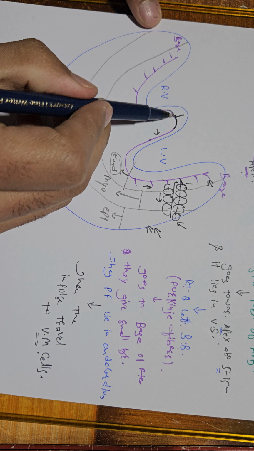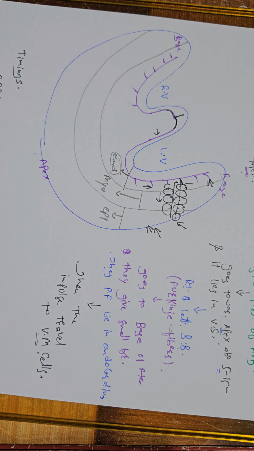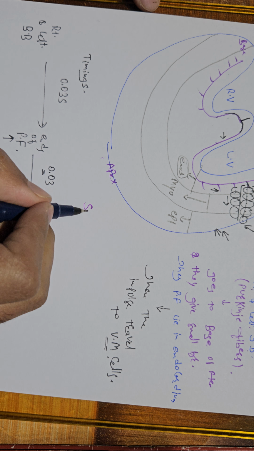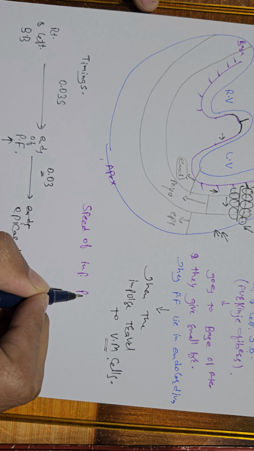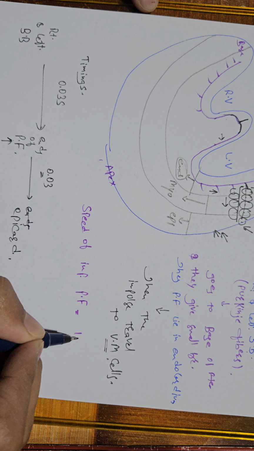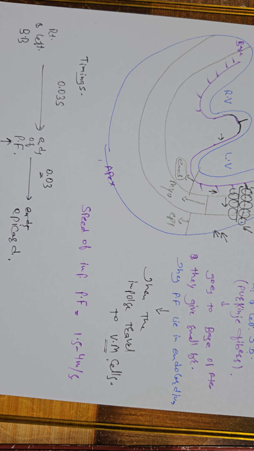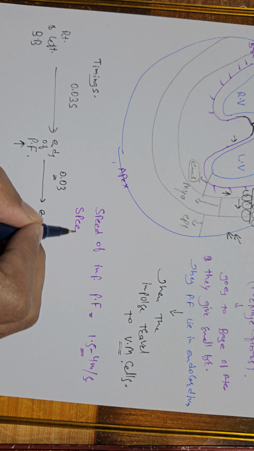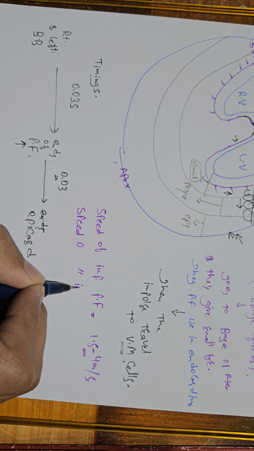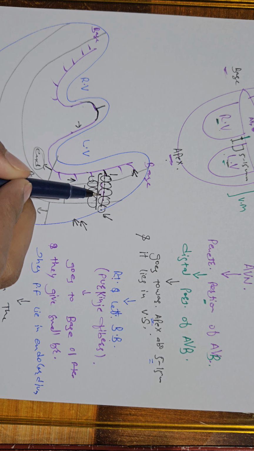Purkinje fiber starts as right and left bundle branches towards the base of the heart. Clear? The speed of impulse in Purkinje fiber is 1.5 to 4 meters per second. So the impulse travels in Purkinje fiber very fast, while the speed of impulse in ventricular muscle cells, that is here in these cells,